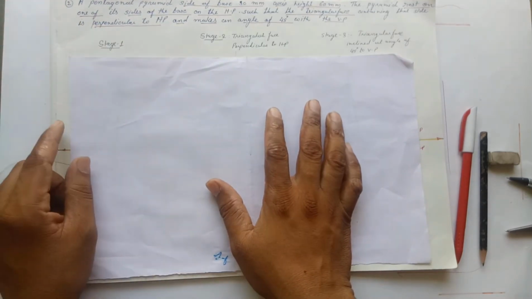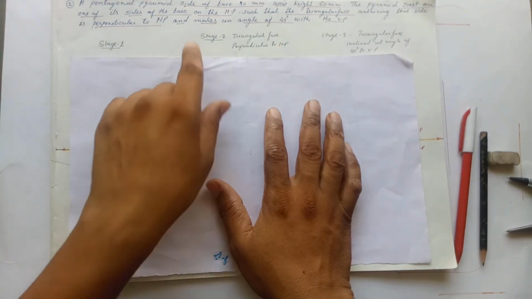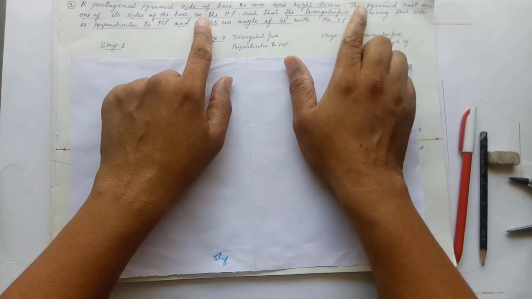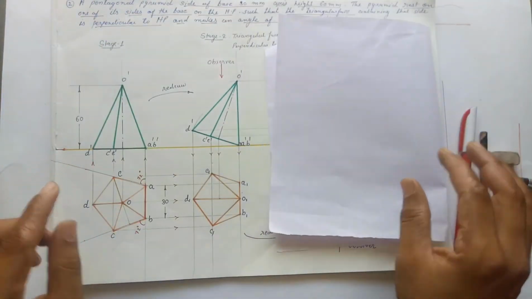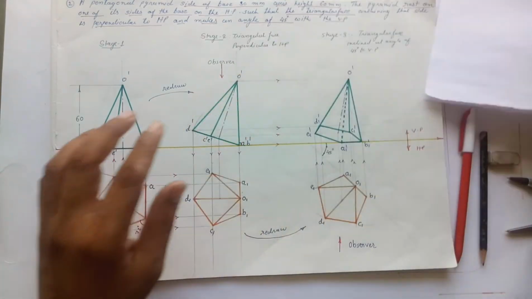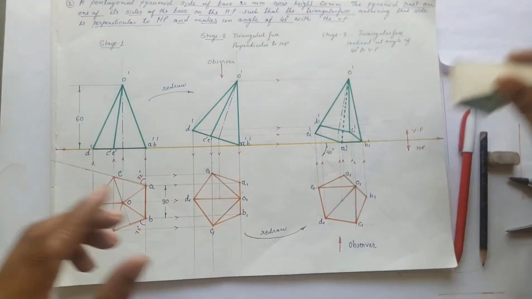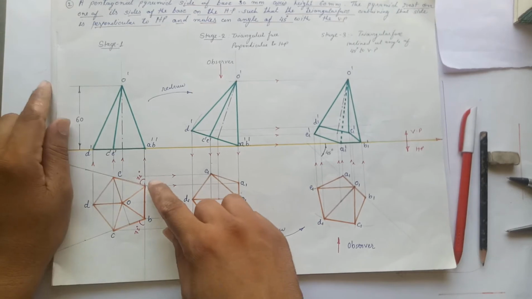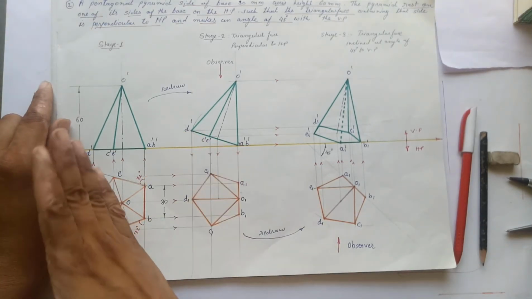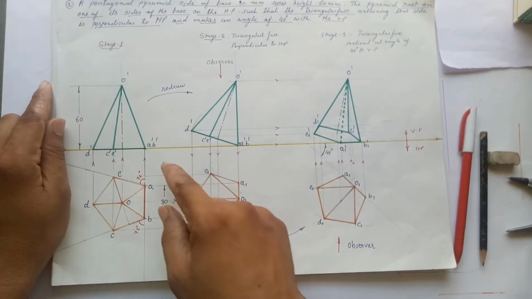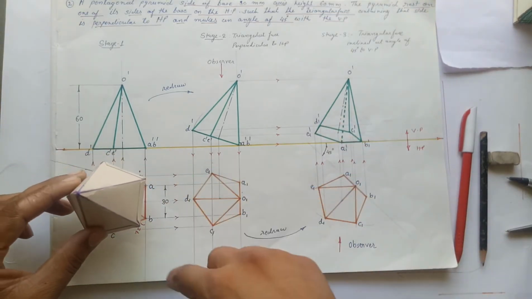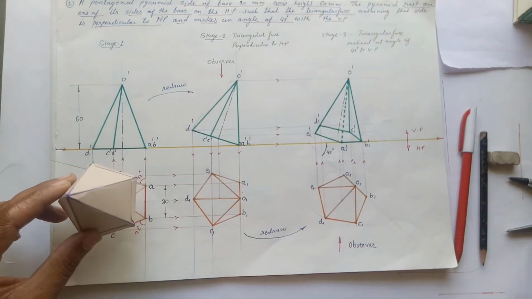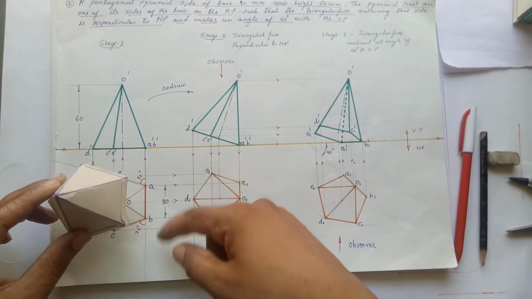So in the first stage we have to find out the resting condition, and here it is given that it is resting on HP on its base edge. So again we have to draw the first stage, which shows the resting condition of the pyramid. It is resting on its base edge on HP, so we have to take the base edge on the right hand side. We have to draw the plan of the pentagonal pyramid below the XY line, and the base edge is 30 mm.